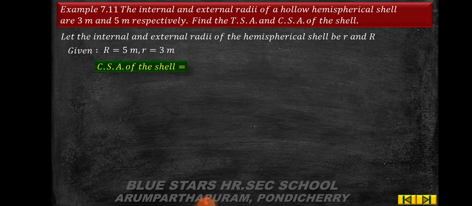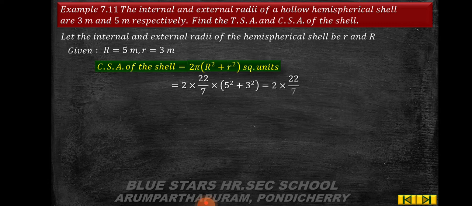Therefore, CSA of a shell is equal to 2 pi into capital R square plus small r square units, which is equal to 2 into 22 by 7 into 5 square plus 3 square, which is equal to 2 into 22 by 7 into 5 square is 25 plus 3 square is 9, which is equal to 2 into 22 by 7 into 34, which is equal to 44 into 4.85,